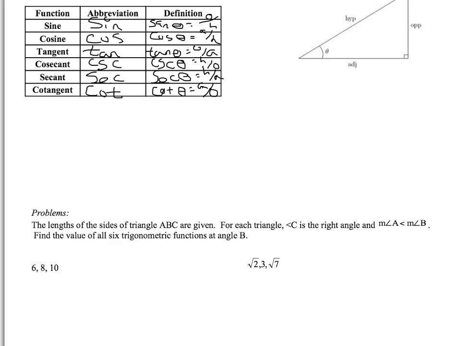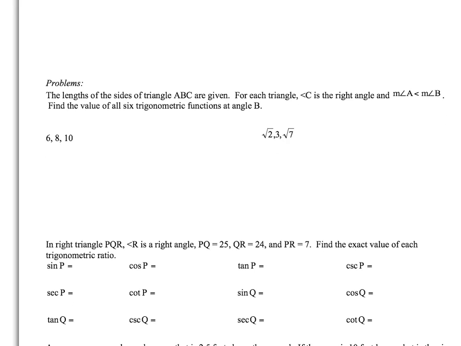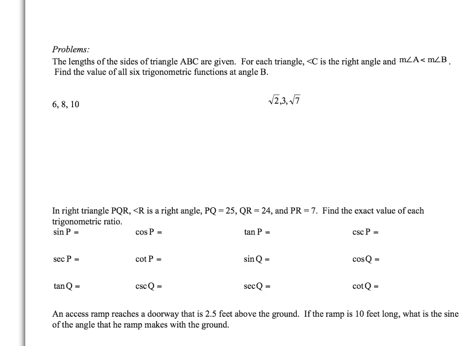First piece here. I give you the lengths of a triangle. I tell you C is the right angle. Find the measures of the trig functions at angle B. I also tell you that angle A is less than angle B. So let me start by drawing a triangle. It says angle C is my right angle. I'll just call this A and I'll call this B. If A is the smallest angle, then the smallest side is across from it. B is the next. And C is the hypotenuse. We want to find the 6 trig functions at angle B. So looking at this picture,